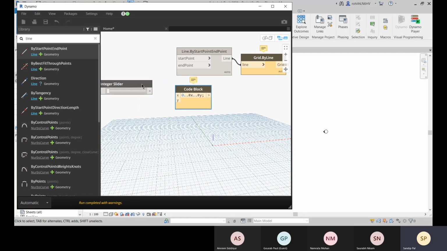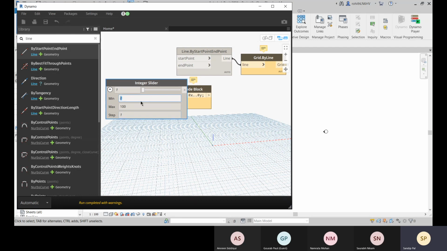Because I don't need any fraction, I'll choose integer slider, and there you can define the maximum number it will reach, and what will be the minimum and the step in between.